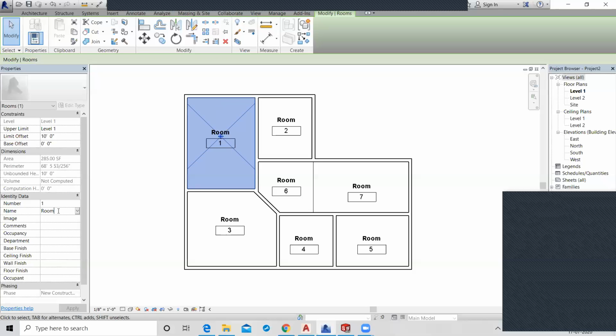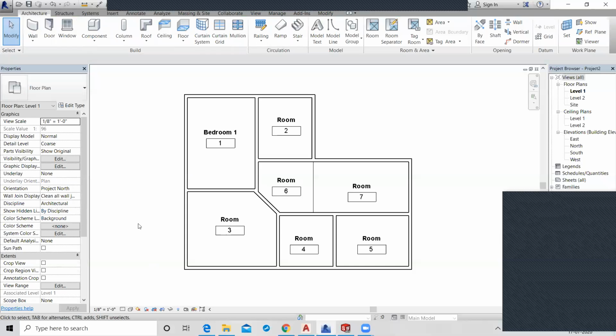And you can change the name from here. This is the bedroom, like this. Bedroom 1 and click apply.